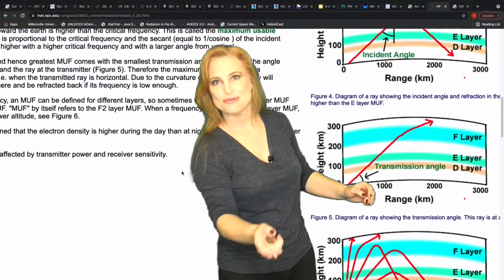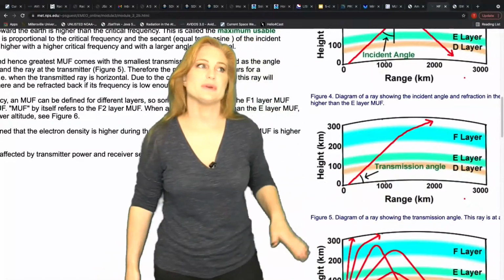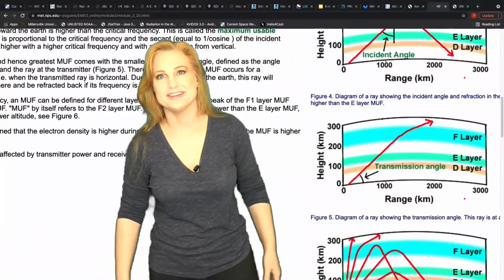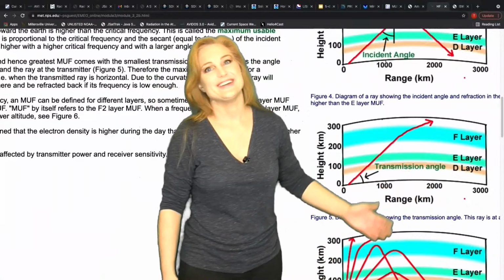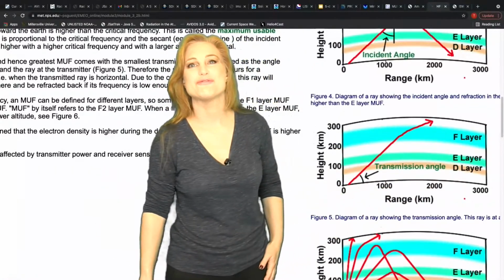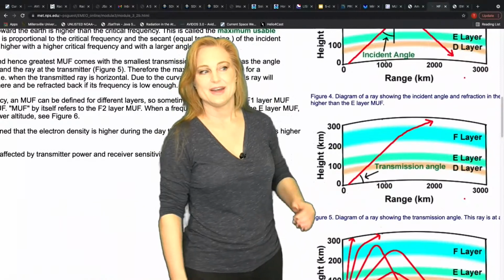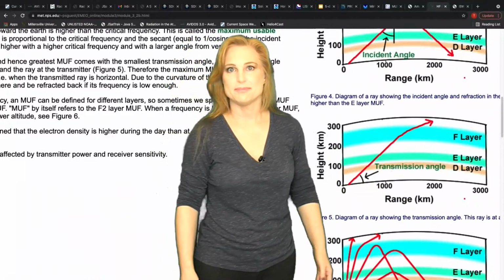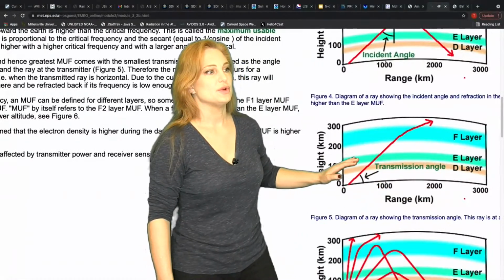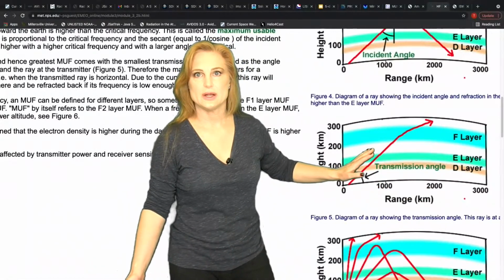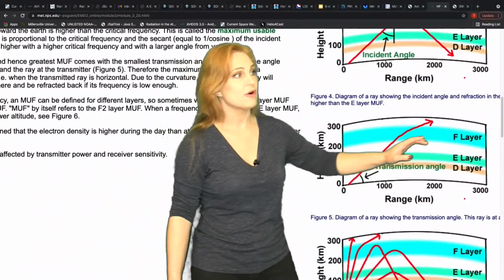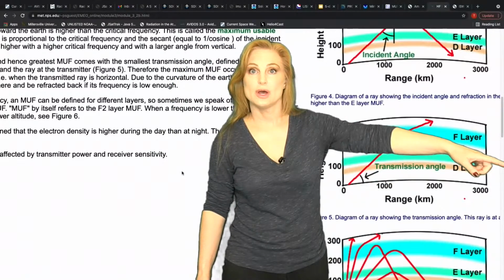You're skipping that stone further and further and further. Of course, the problem is power, right? How many people have a 5,000 watt station? There's only a limited amount of power. You can only throw that stone so hard before it just kind of punks out. And it's the same thing with radio signals, right? So you have to kind of play this game between your transmission angle, or how far you want that transmission to go,